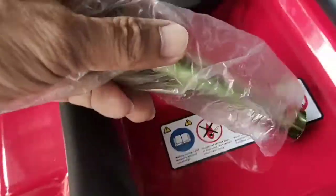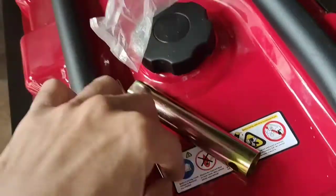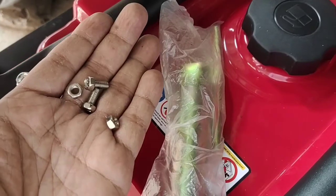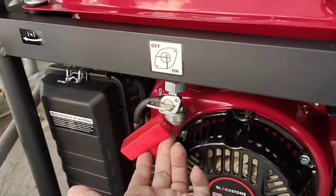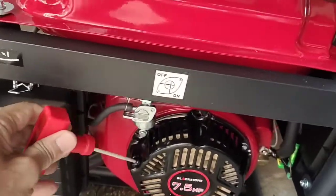Here is an additional plug, two male plugs, and we have here the socket to remove the spark plug. These are the added freebies of this generator, and we have two bolts and nuts. This is for the battery post. Here is the coil, where we can have the manual start,